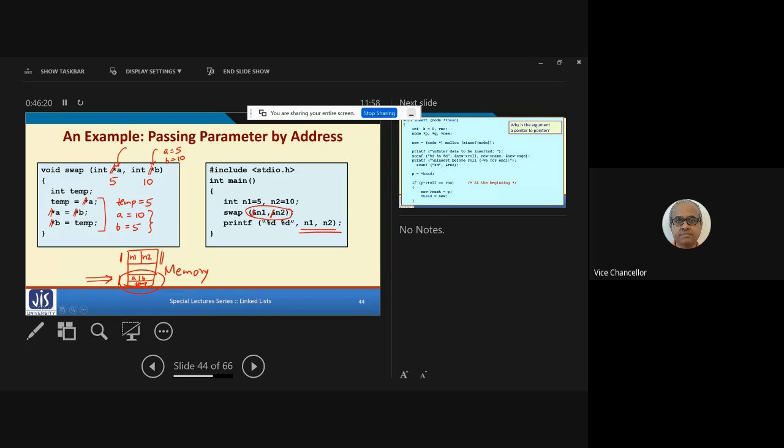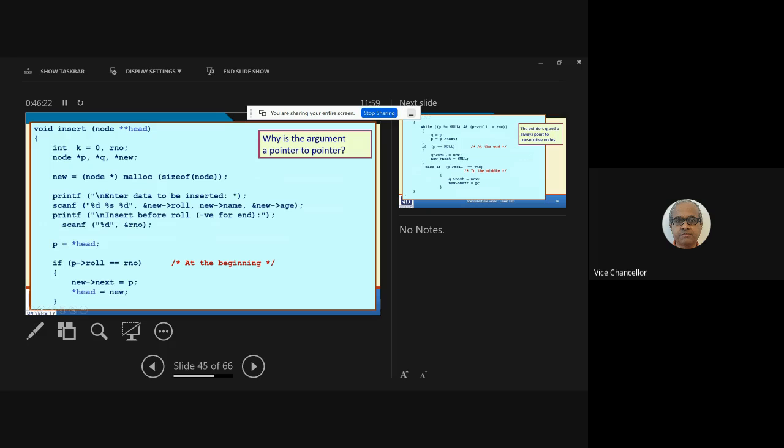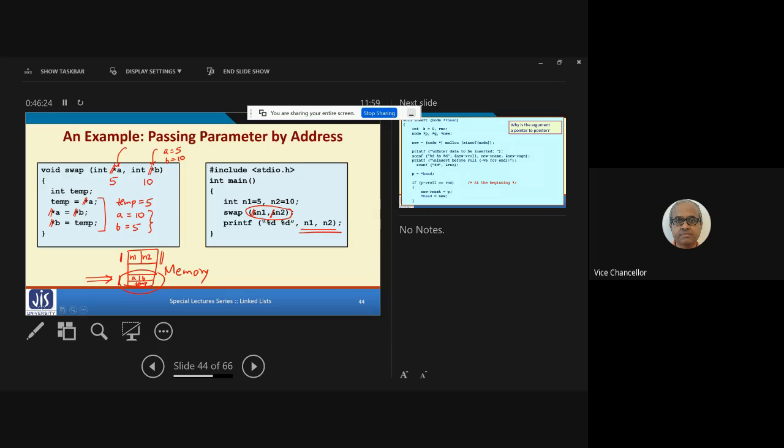Now let us see what we are doing in the correct version of it. Let me erase this one. This was my original program. So this is the correct version.